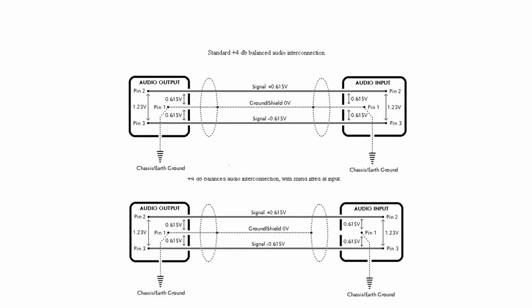For the balanced connection, in reference to the first illustration, this is a three-wire interface. Notice that pin 1, the ground, is separate from pin 2, in-phase signal, and pin 3, out-of-phase signal. Essentially, pin 2 and 3 have the same signal, only they are out of phase to one another. The same is true with the illustration at the bottom. So